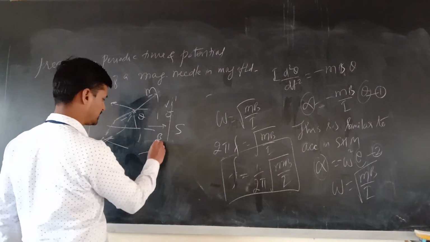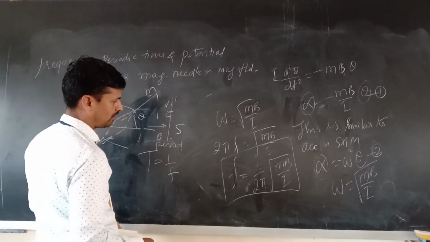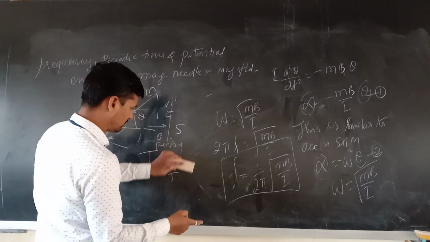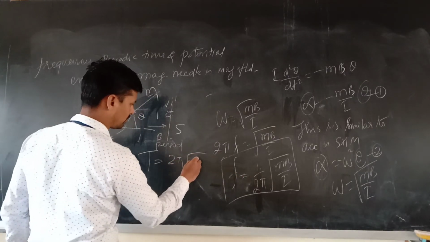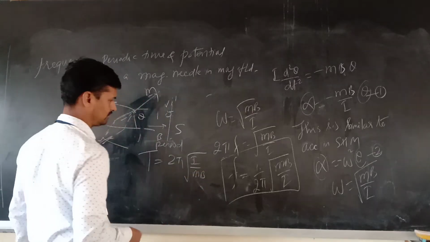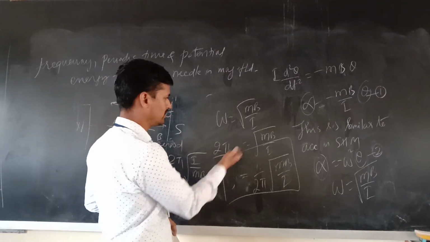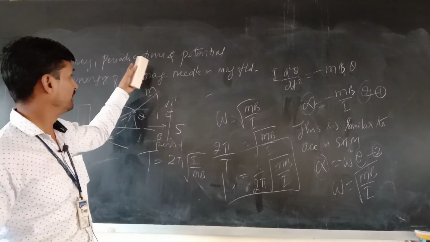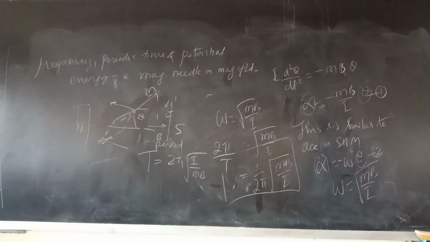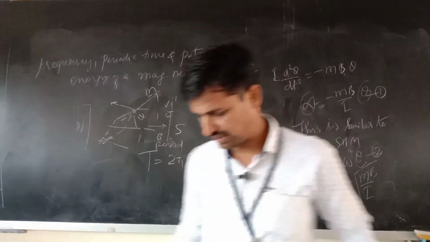How do you find periodic time? Period or periodic time is the reciprocal of frequency. Well, 1 upon f, if you find, all things will be reciprocated: 2 pi root I upon mB. Or else here you can put omega is equal to 2 pi by T and simplify, you will end up with this answer only. So this is the expression for frequency and periodic time. Let us see whether potential energy also we can go for. Yes, indeed we can go for potential energy also. Let us see now.